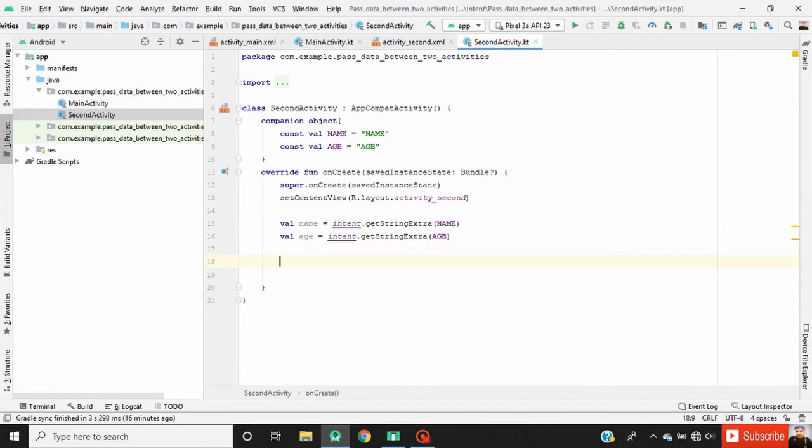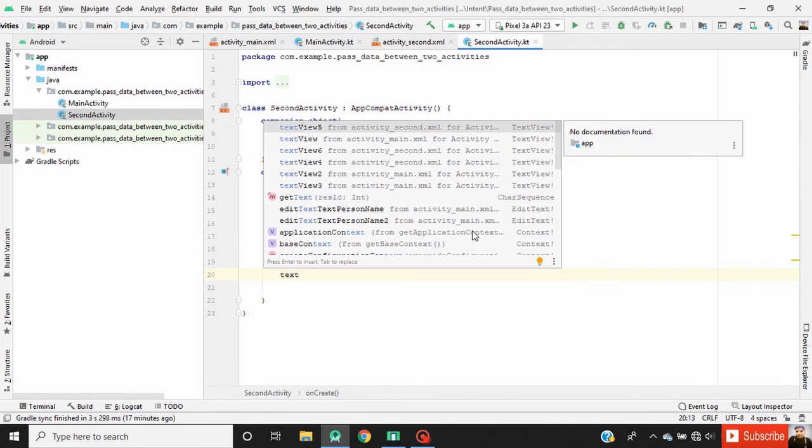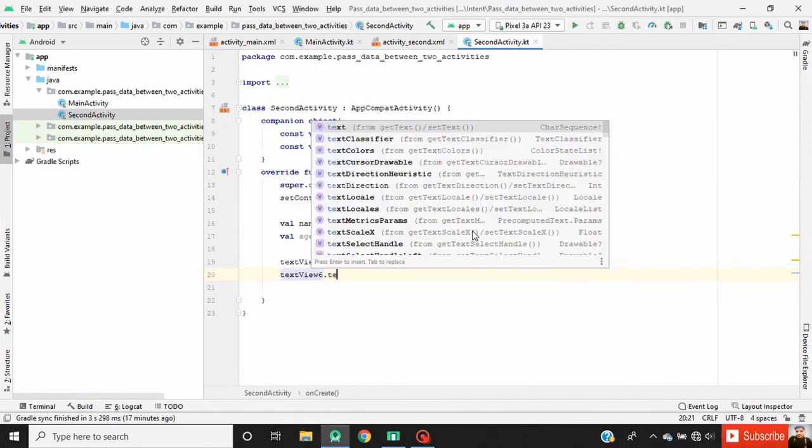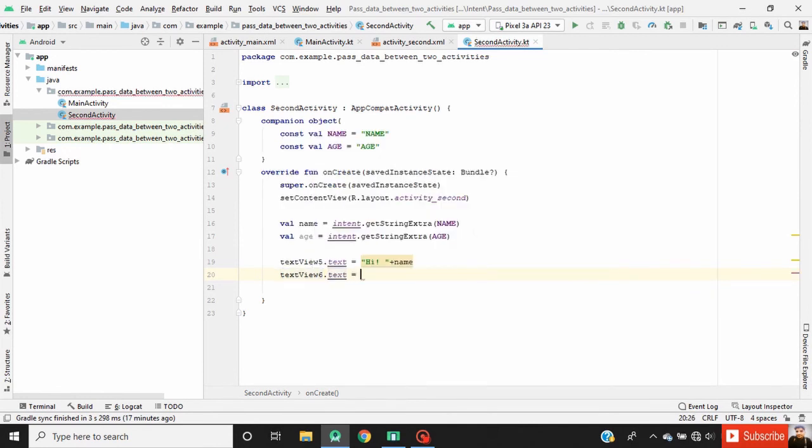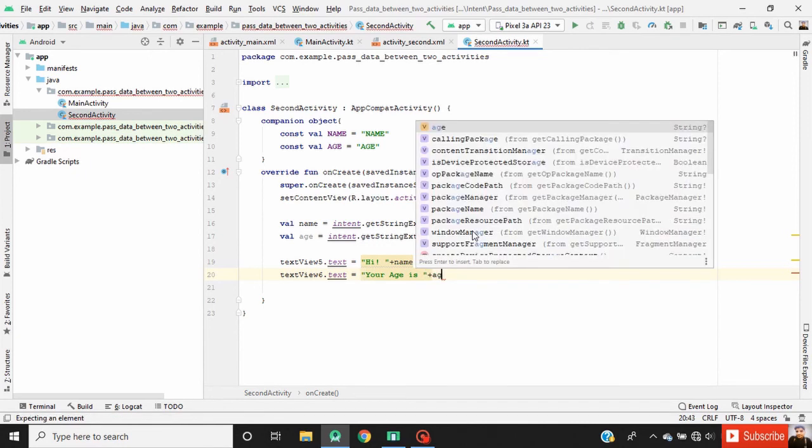Finally, set the data to text views. Text view 5.text equal to "Hi" concatenate our variable name, and text view 6.text equal to "Your age is" and concatenate our variable age.